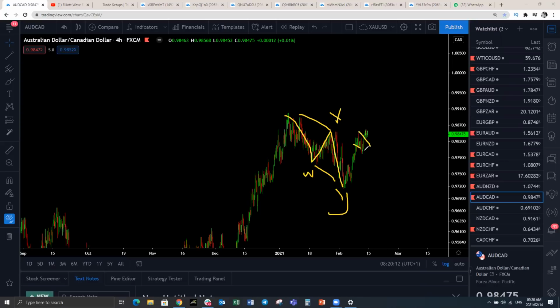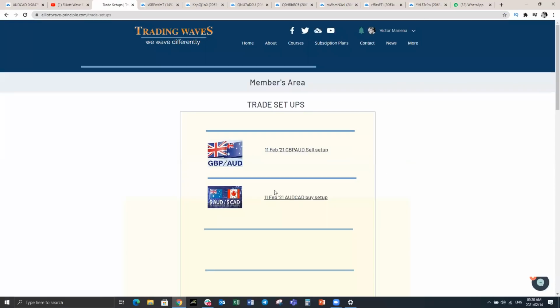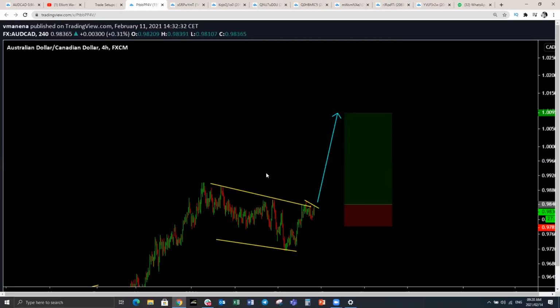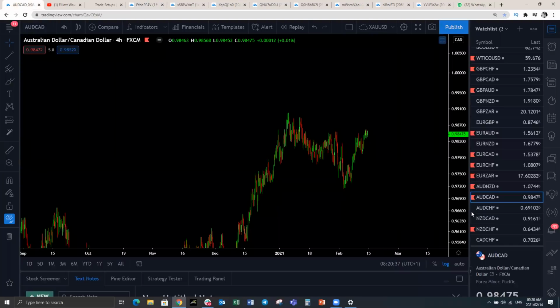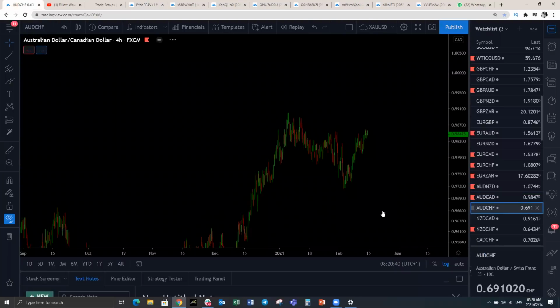We've already started a trade setup here. Move to the upside is expected. This is what we have here. That's the trade setup that we've got on the website on AUDCAD. That's the structure that we're expecting. So you'll see that the charts are clean and you get a full chart on a new page so you can see it clearly. This is the setup. We've already broken up about 50 pips. It has not really gone anywhere, but we expect it to continue to the upside. That is AUDCAD. Let's run through the rest of the cross pairs.